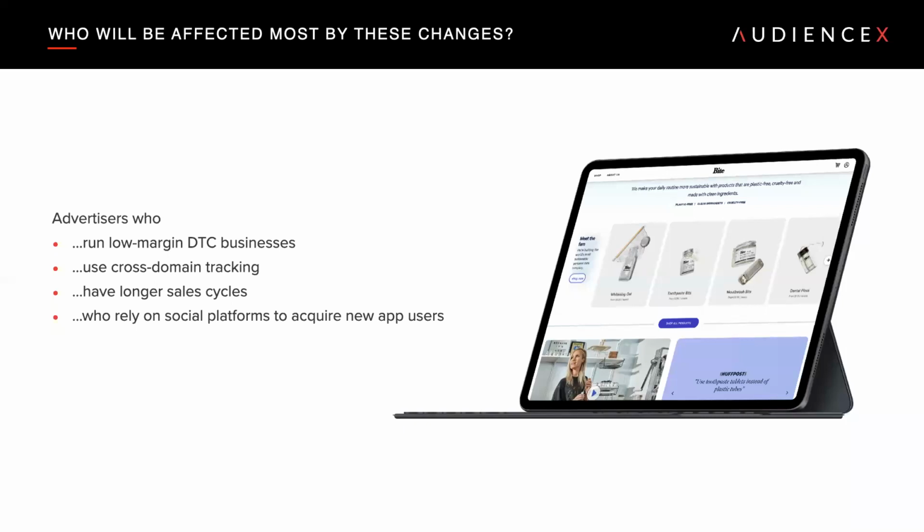Speaking mostly for the content here, we're really going to cover primarily the impacts on website-based advertisers. We're not really going to get too deeply into the impacts and the specifics with apps. They're roughly analogous.